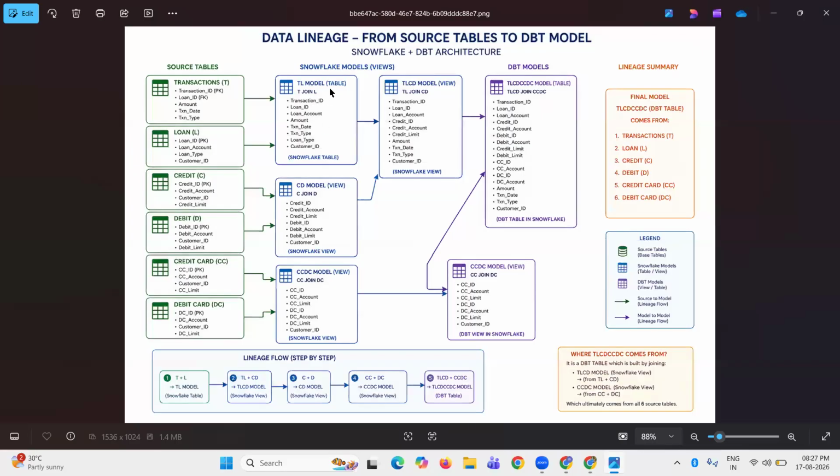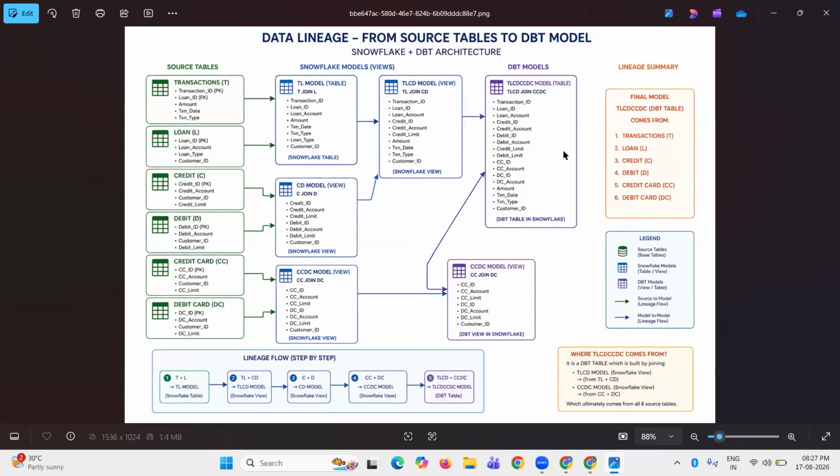Okay, so here we have the TL model with these columns. Okay, CD model table, and TLCD. Okay, and here also we have CCDC, and finally we have the table